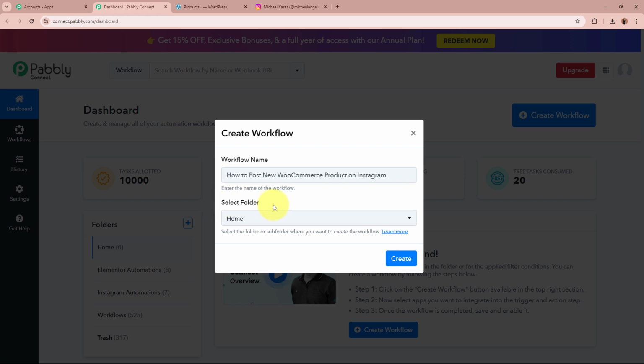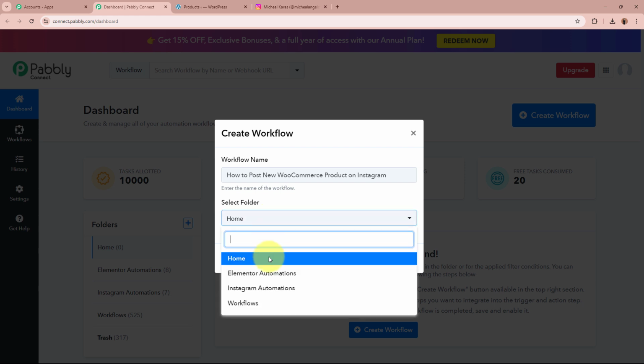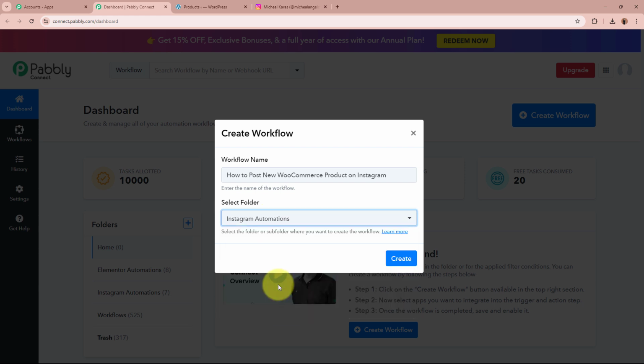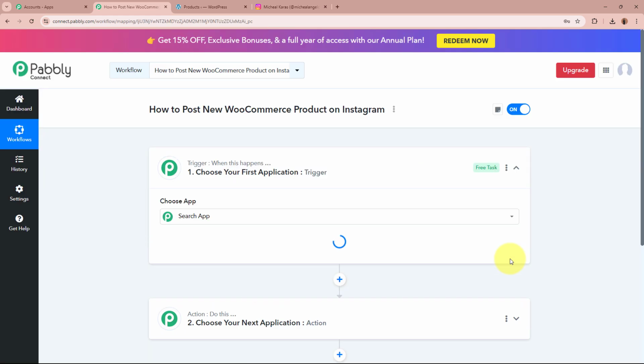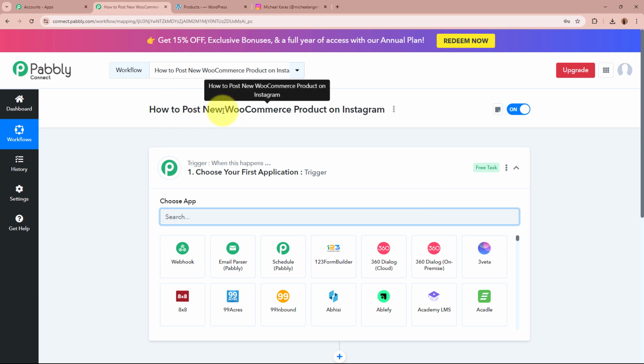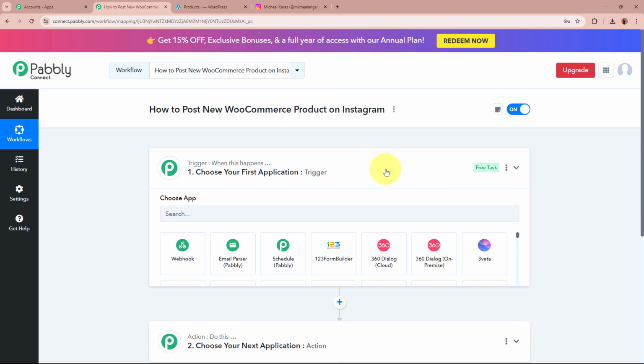Next, it is asking for us to select a folder. So on the left side of my screen, you can see I've created multiple folders in my Pabbly Connect account, from which I'm going to select a specific folder in which I want to save this workflow. For that, click on this drop down. So these are the folders from which I'm going to select Instagram automations as the folder I want to save this workflow in. After giving a name to our workflow and selecting the folder, let's click on Create in order to create a workflow. A workflow is created in the name of How to Post New WooCommerce Product on Instagram,